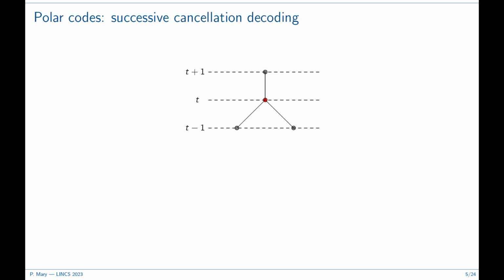What about the decoding? The polar coding proposed by Arikan comes with a particular decoding, the successive cancellation decoding, that we will go through right now. If we take an example, a node at level T, the principle of successive cancellation decoding is message passing iteratively between nodes of a tree. This node at level T will receive 2 to the power T soft input elements coming from the upper layer. For instance, they can be LLRs, log likelihood ratios.